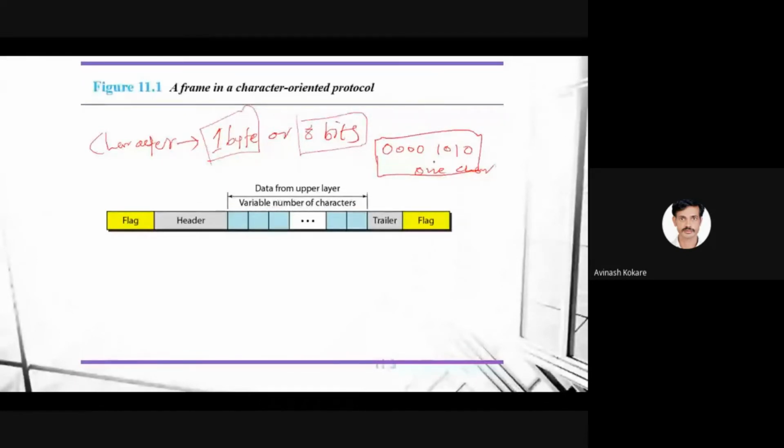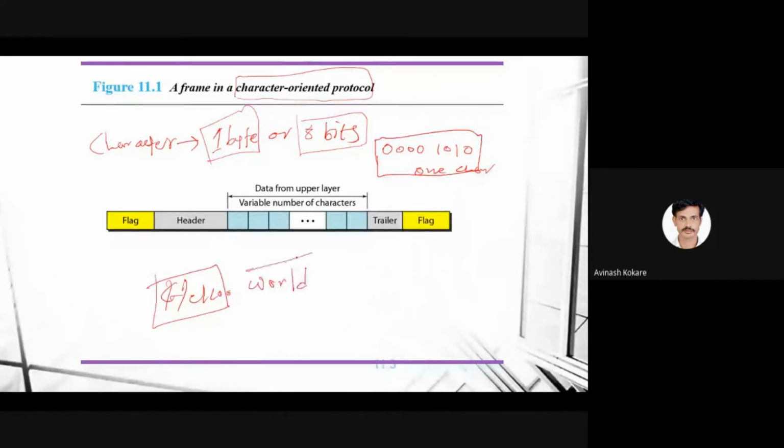Now, a frame in a character-oriented protocol goes character by character. Let us type a message as hello; consider this the first frame, and world, consider this the second frame.